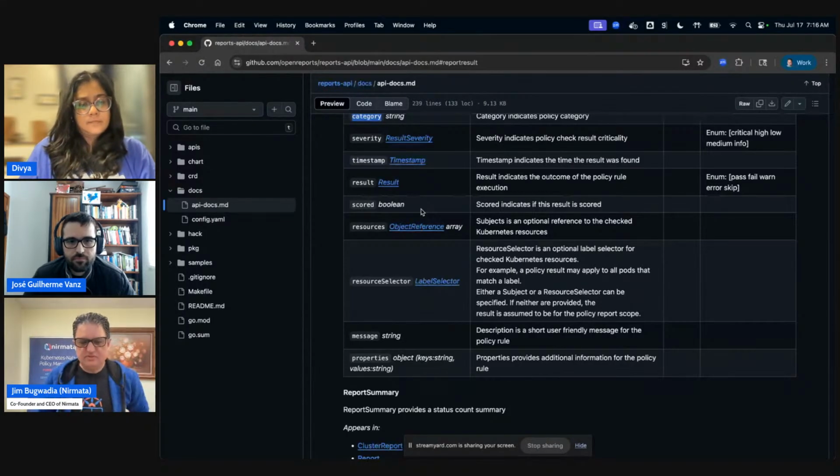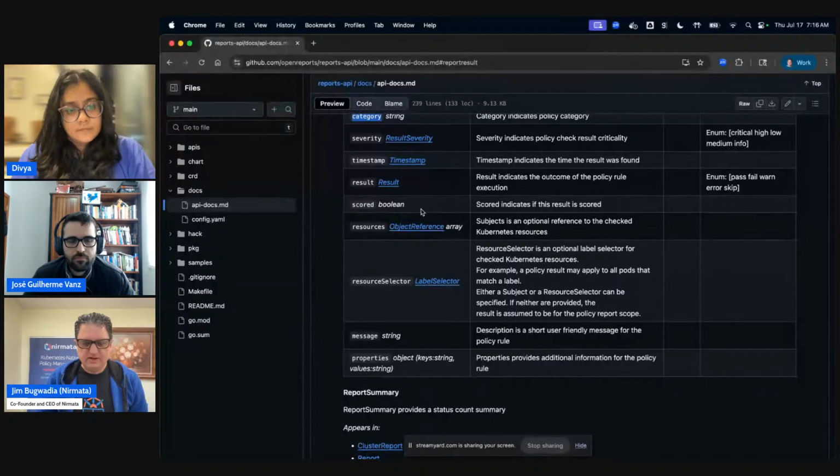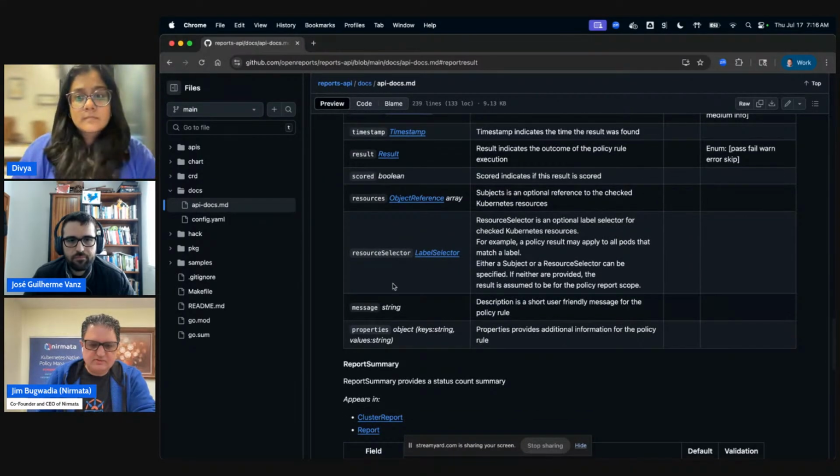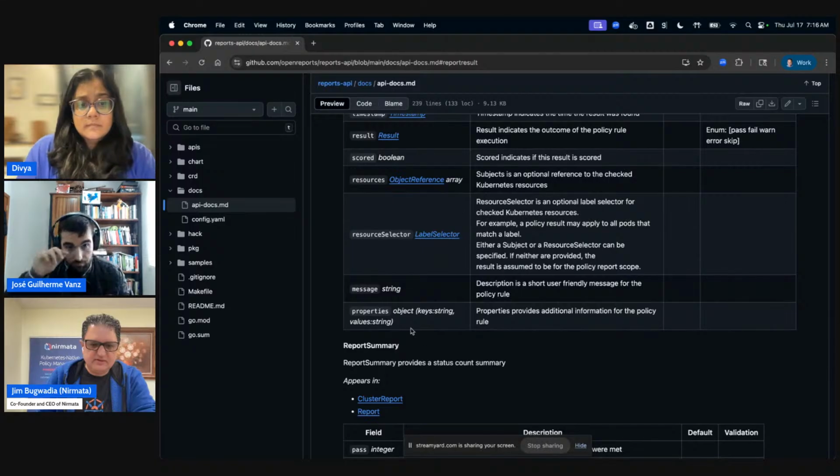And some of this, by the way, we drew inspiration from other policy architectures, from policy enforcement points as well as policy administration servers, to see what the standard fields should be here, right?